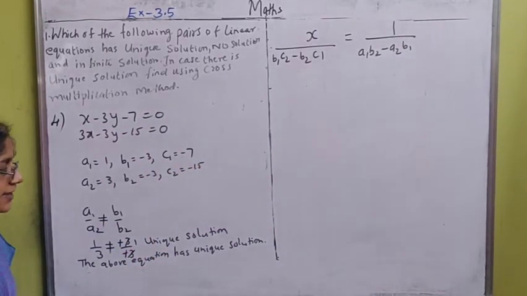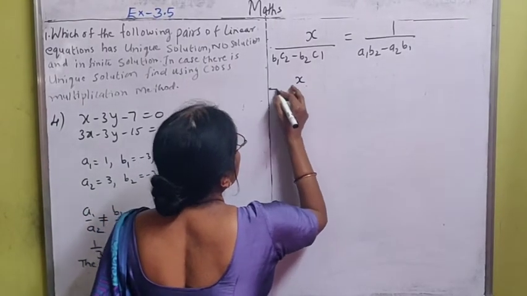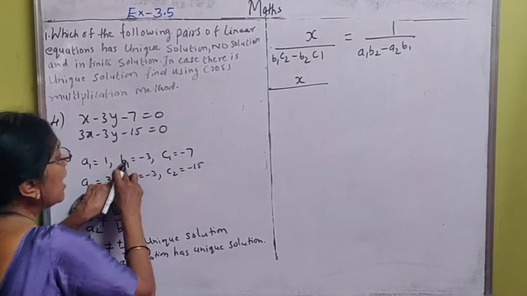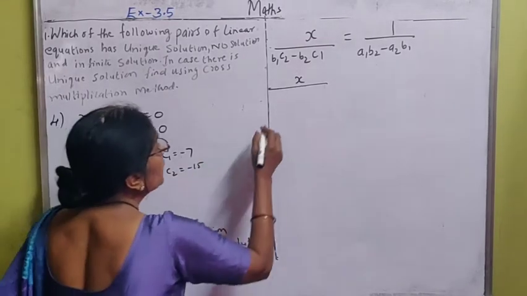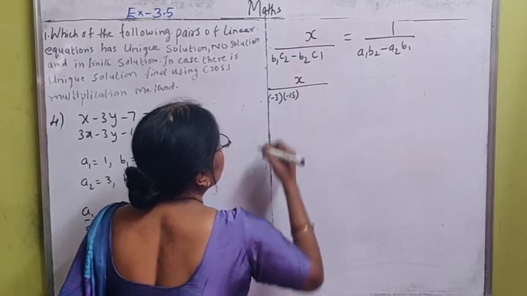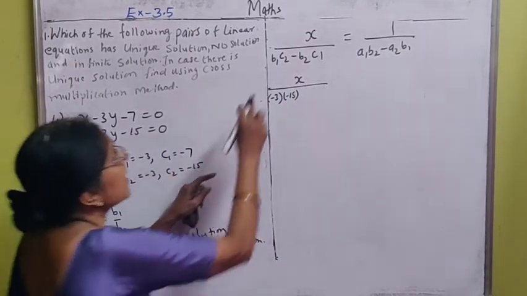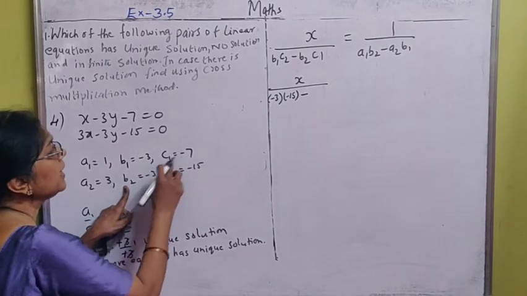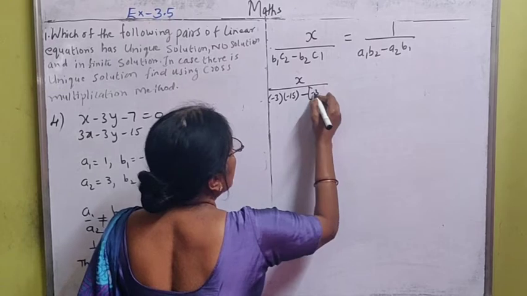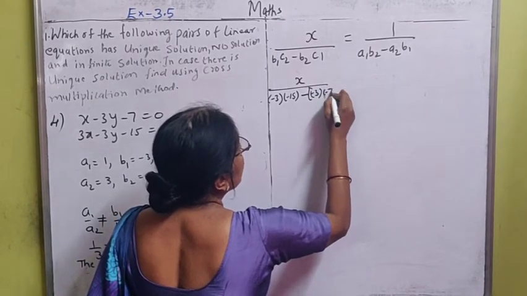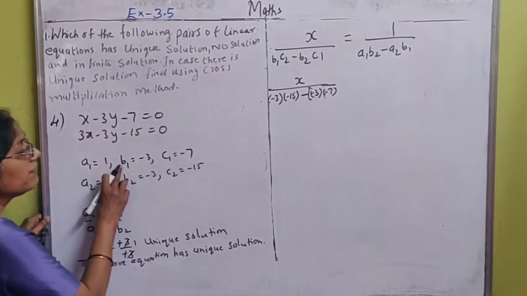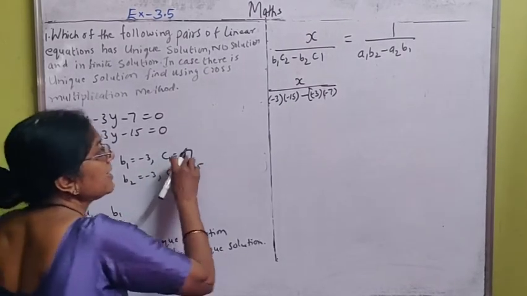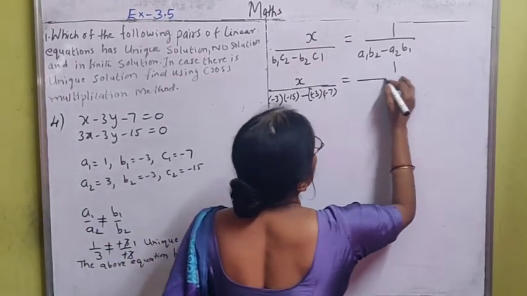So with this we will get the value of x. x you keep as it is, divided by, now what is there? b1 c2: minus 3 into minus 15. So minus 3 in the bracket, minus 15 also in the bracket. Then what sign is there? Minus sign. b2 c1: minus 3 into minus 7. So I will keep it in the bigger bracket. So this is regarding x. b1 c2 is minus 3 into minus 15, minus b2 c1 is minus 3 into minus 7, is equal to 1 divided by a1